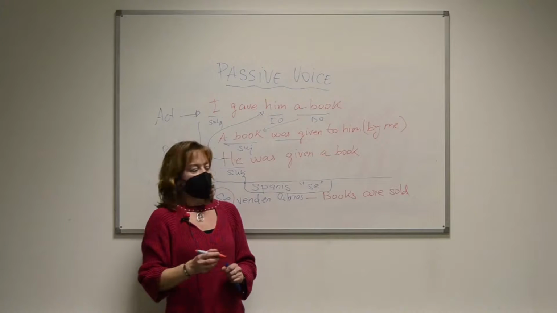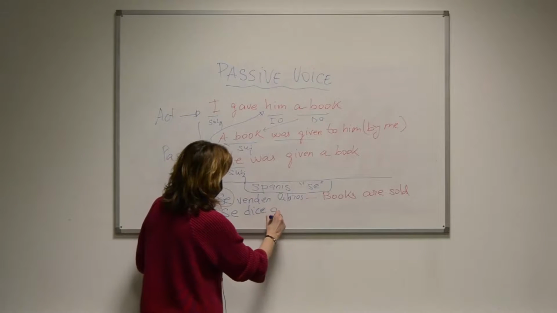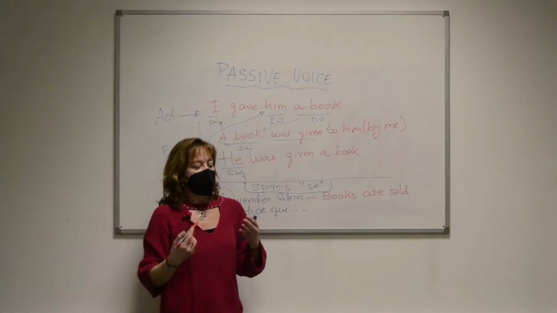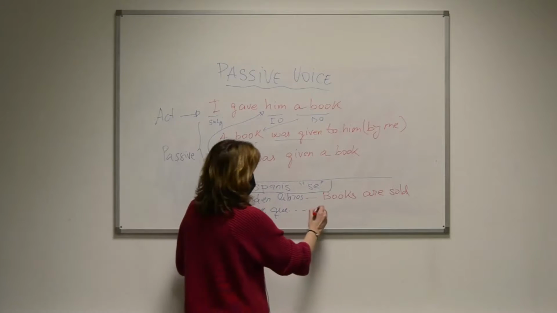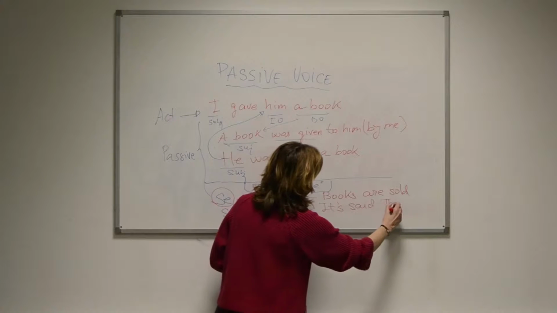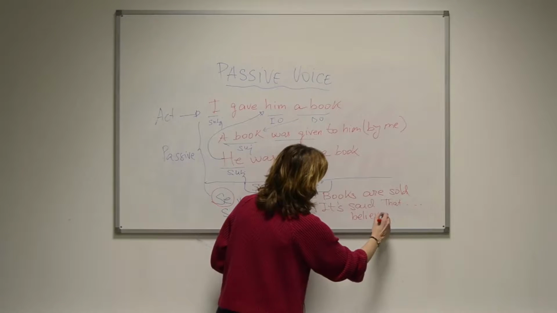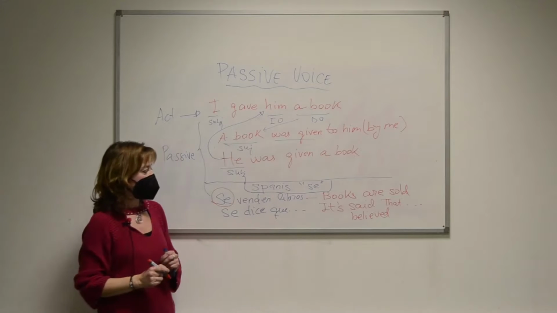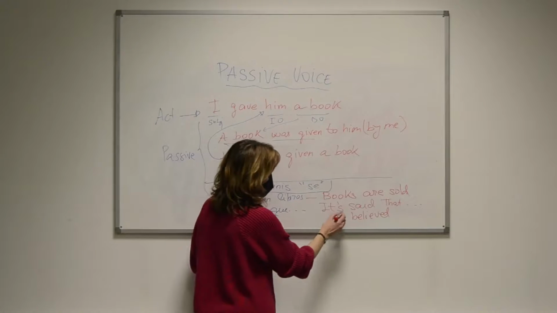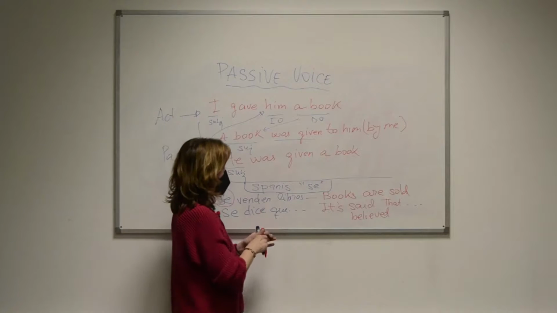Another similar structure is, for example, se dice que. Se dice que tomorrow morning. Okay? Se dice que whatever. In English, se dice, se cuenta, se piensa: it is said that whatever, or it is believed, se cree. These are like an impersonal passive sentence. Se cree que, se piensa que. It's very common in English with this structure. It is said or it is believed. These are different from the Spanish language